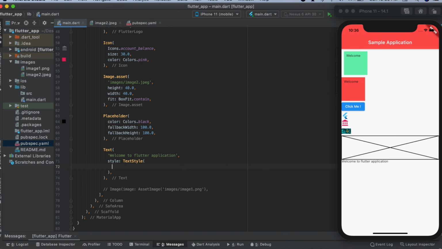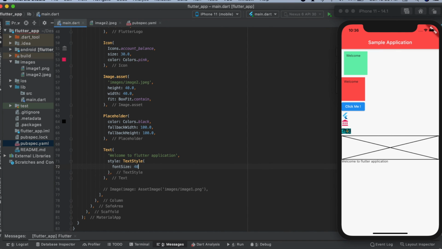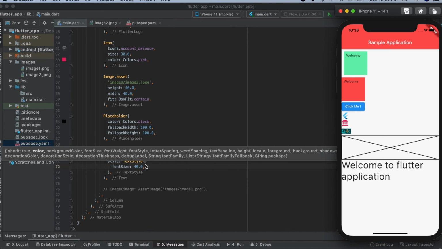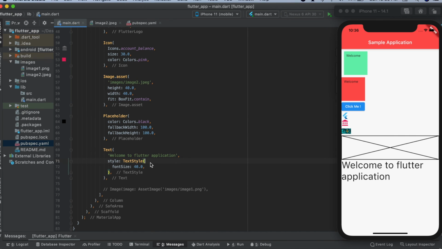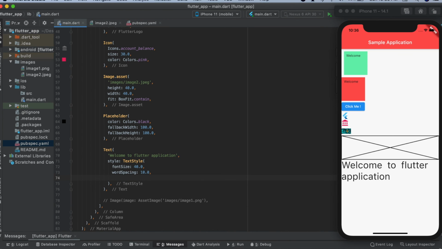In this TextStyle, let me take the size as 40. Yeah, so it is like this. I can also give word spacing or letter spacing. Let me give it 10. Word spacing is the spacing between your words.